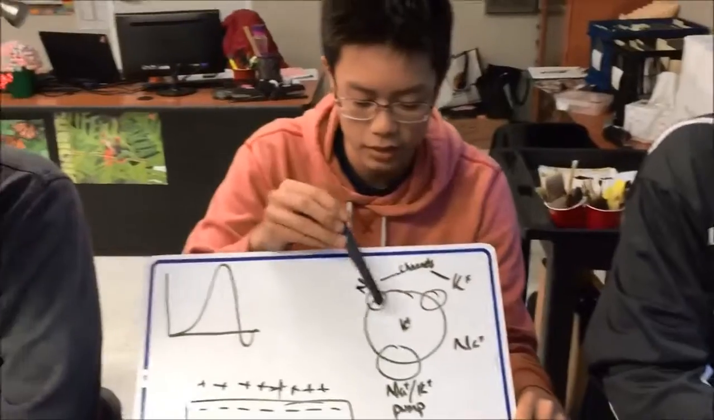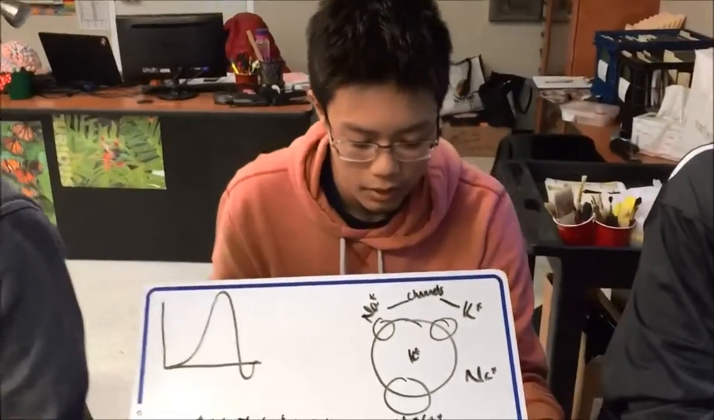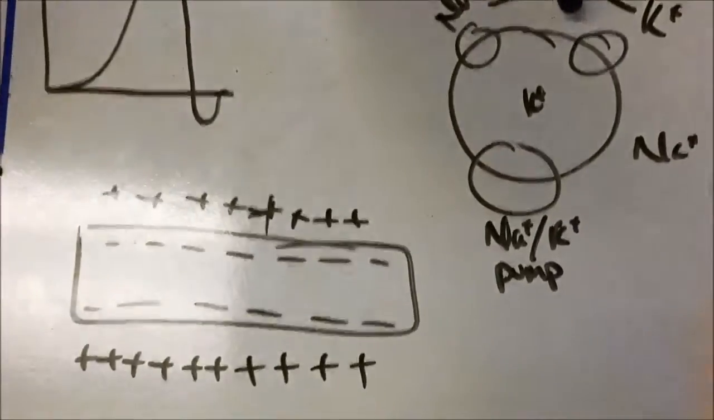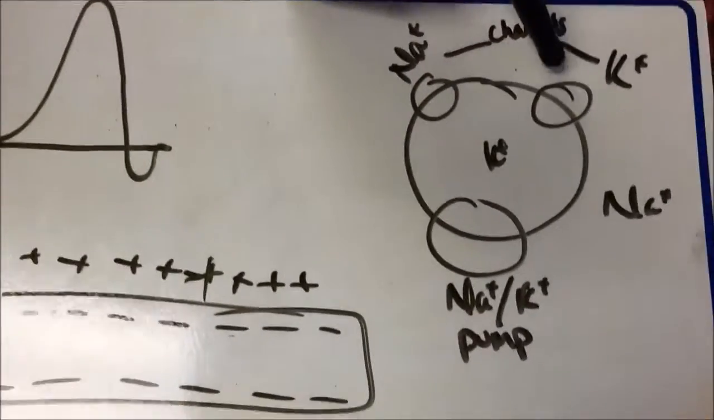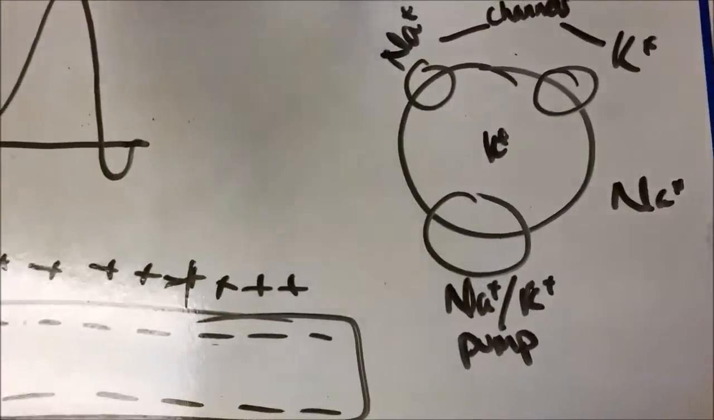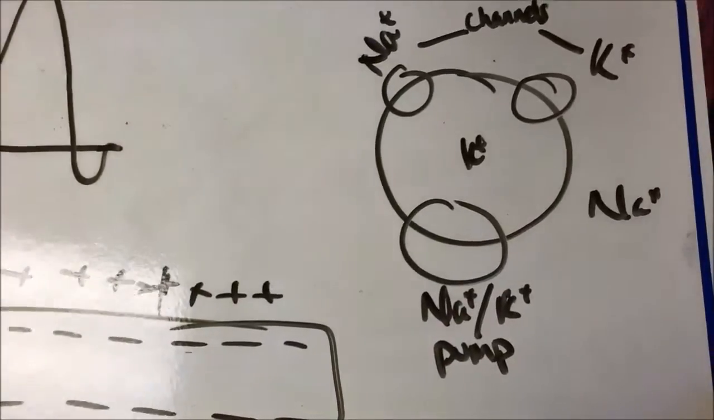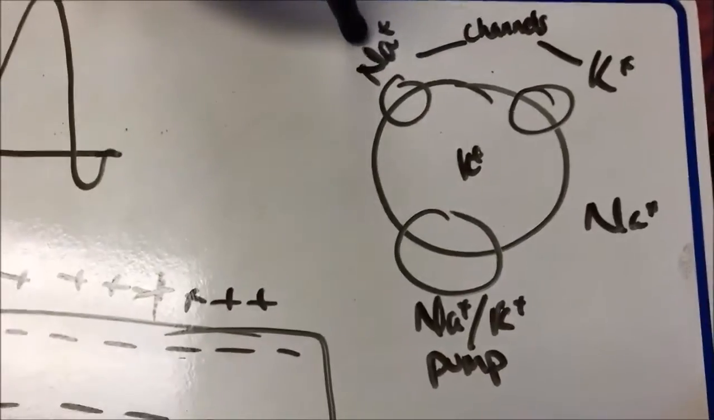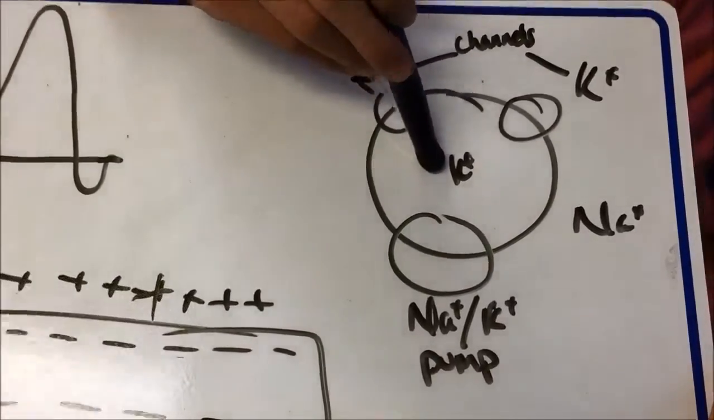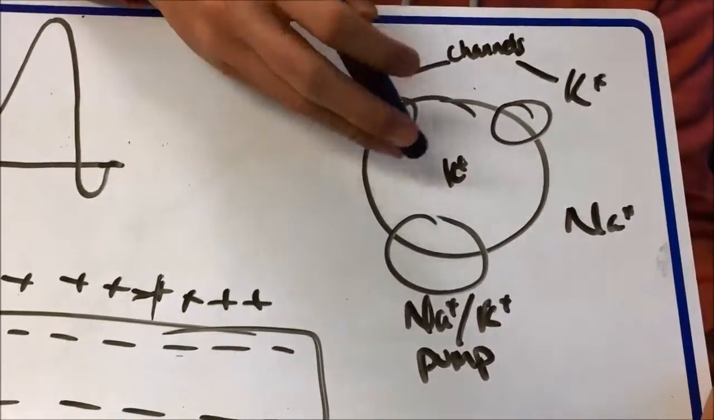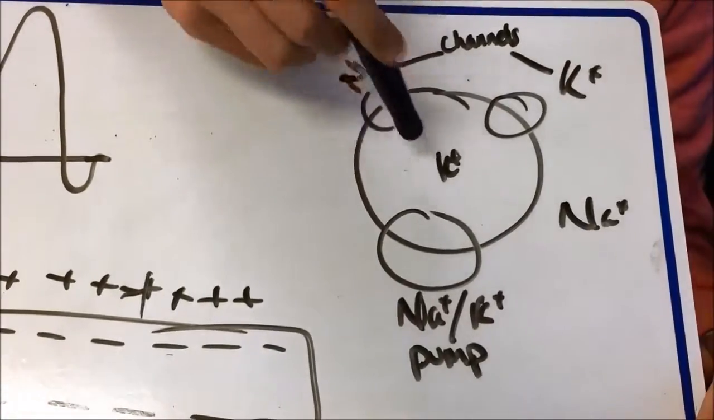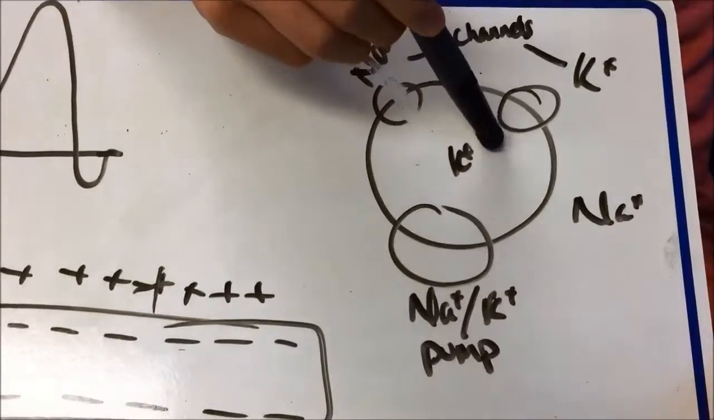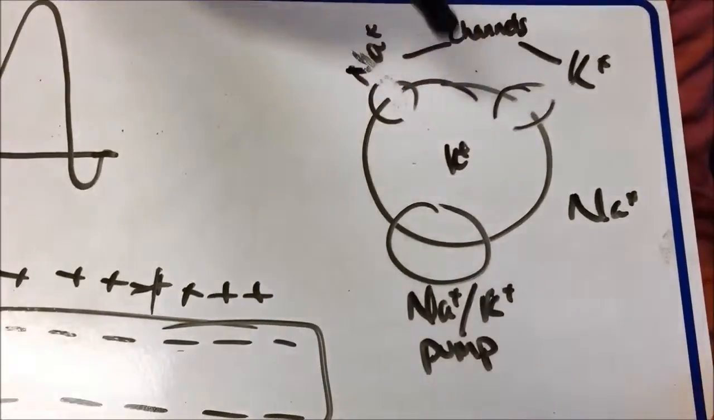Okay, so this is like a cross section of the axon, and so these are the two channels, sodium and potassium. And so for action potential, the sodium opens, letting sodium enter the axon, and then when the inside of the cell reaches 40 millivolts, the sodium closes and then the potassium opens, releasing potassium outside the cell,